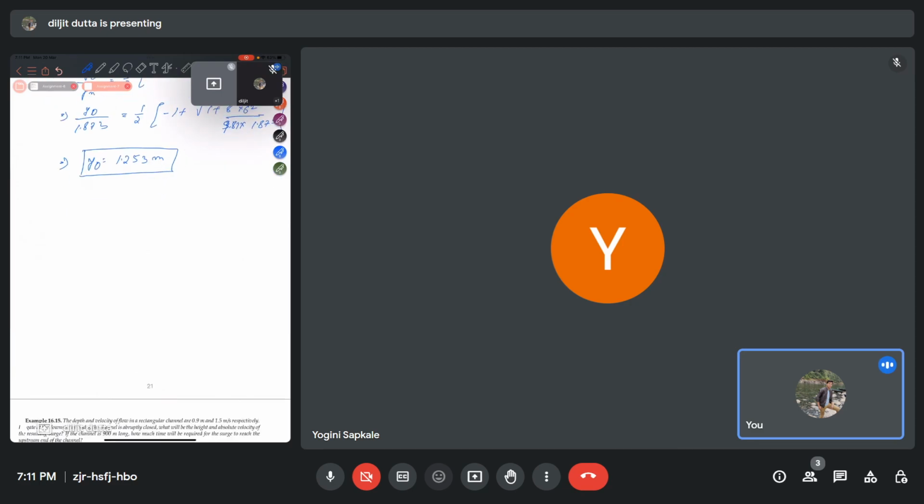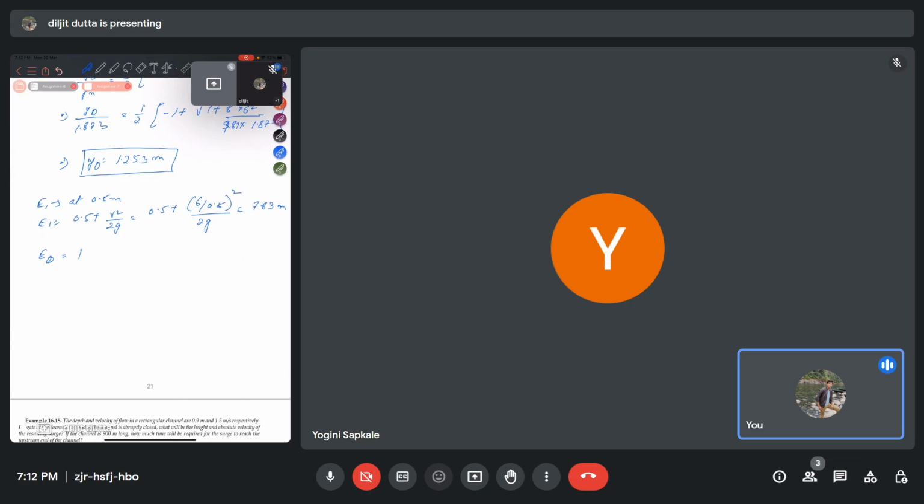First, let us get E1 at 0.5 meter. So E1 will be equal to 0.5 plus v square by 2g, where v is 6 by 0.5, whole square by 2g, and this will come around 7.83 meter. Next we get E2,